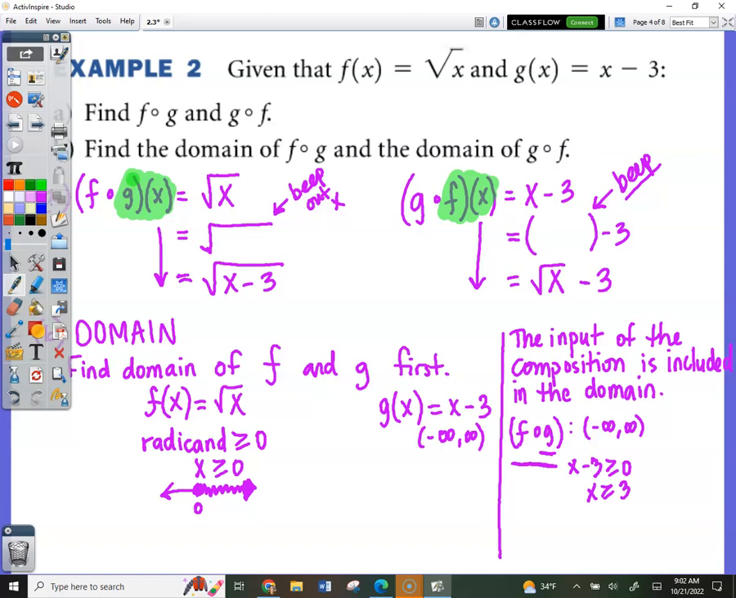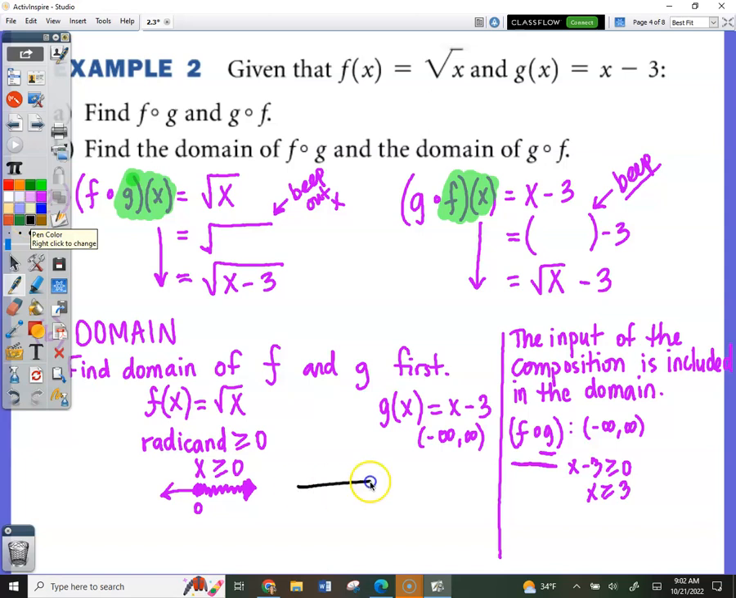So, we need to find a happy medium, what they have in common between all real numbers and x is greater than or equal to 3. So what is the domain for f of g? It's going to be the most restricted one, which would be x is greater than or equal to 3. It's the same thing as if I said,